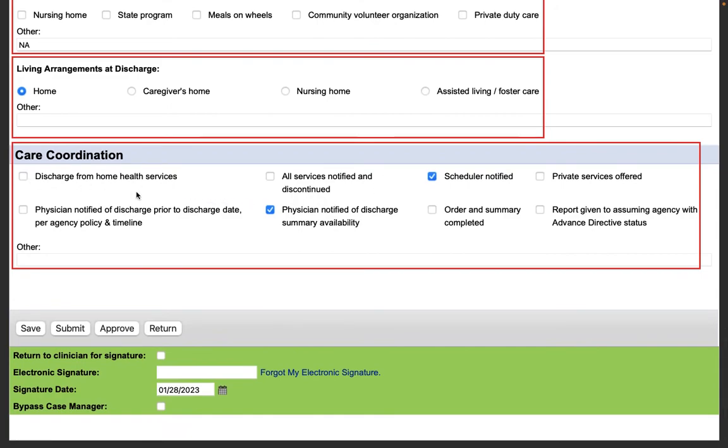I didn't check discharge from home health services because this patient may have ongoing services. They may have PT, they may have speech, they may have nursing. So I did not include this. I just selected physician notified, scheduler notified. And that is how you complete a